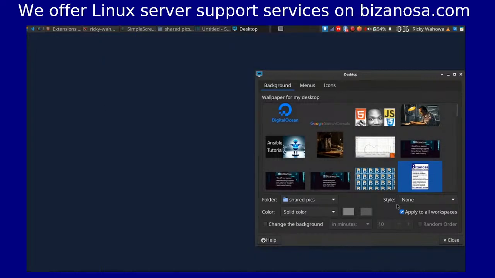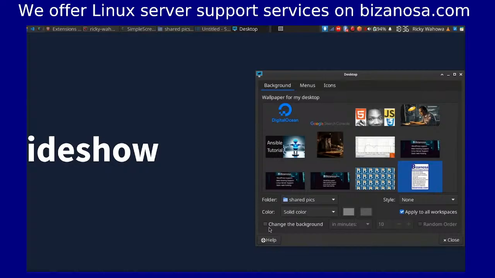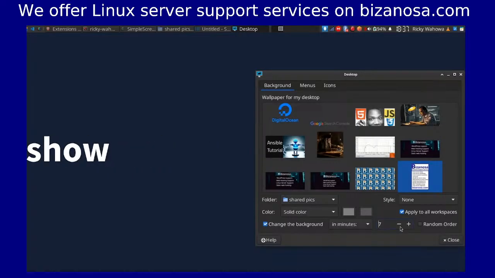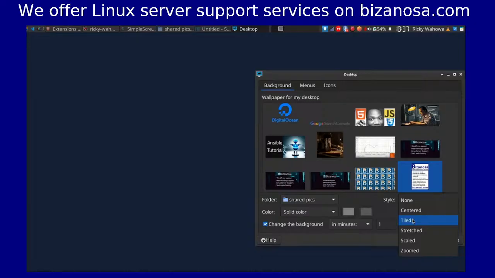You can also make the image automatically transition. Maybe you want it to transition after every minute, right there. And you can make it transition in random order. But of course, you're going to have to choose an image there. So let's say, for example,